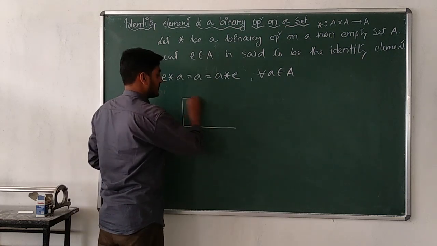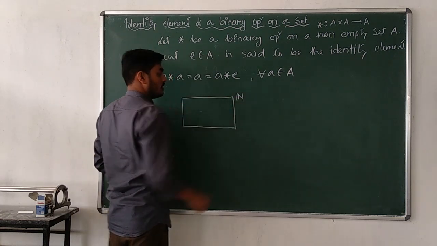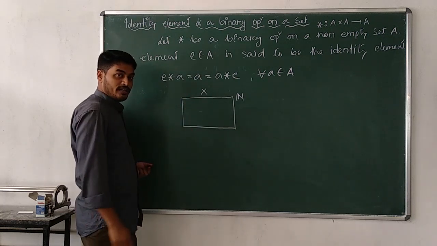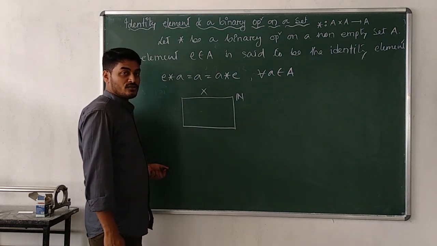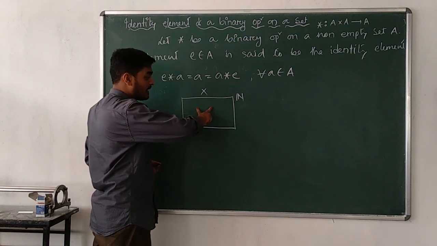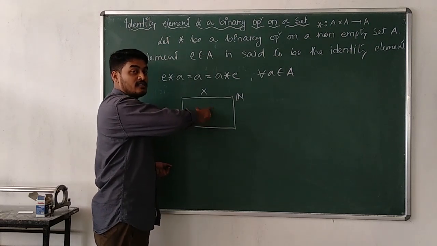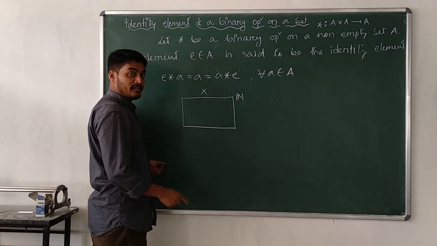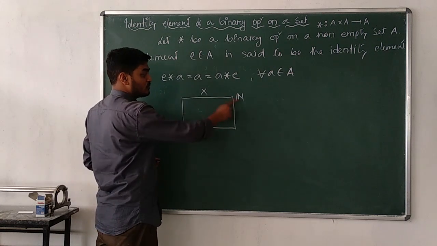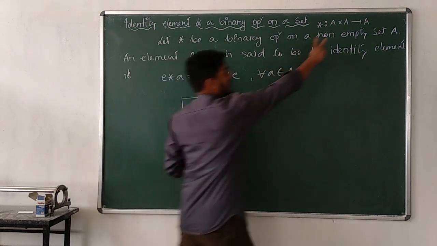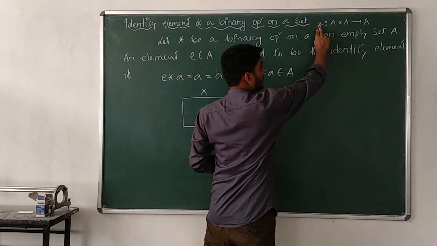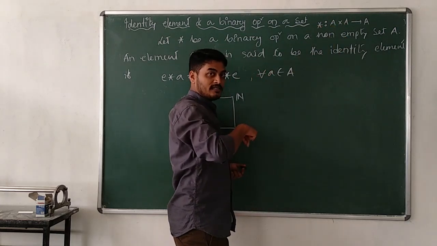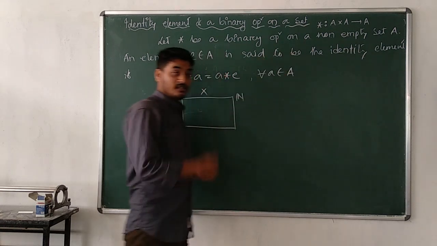Let us consider the set of natural numbers. Multiplication is defined on the natural numbers. First of all, it is a binary operation. Do you know why? Multiplication is a binary operation on N. That means if we multiply any two natural numbers, the answer will be a natural number. That means it will be an element of the natural number set. Am I correct? That's why it is a binary operation. Here the binary operation is multiplication. Two natural numbers you have to consider, multiply them, then you will have a natural number once again. That's why it's a binary operation.